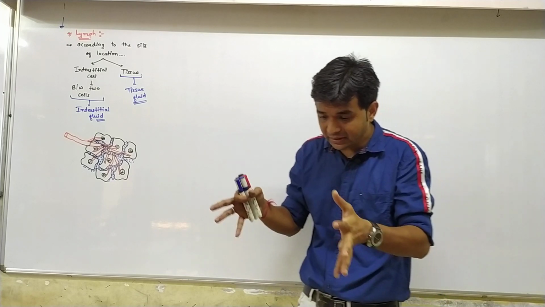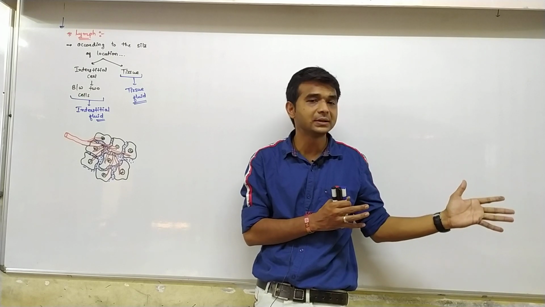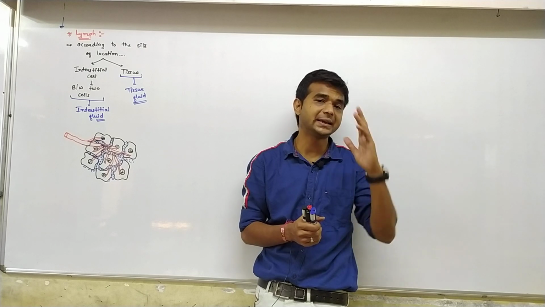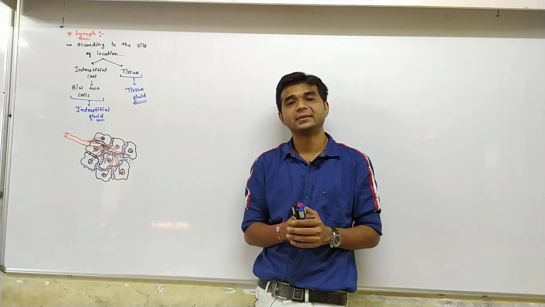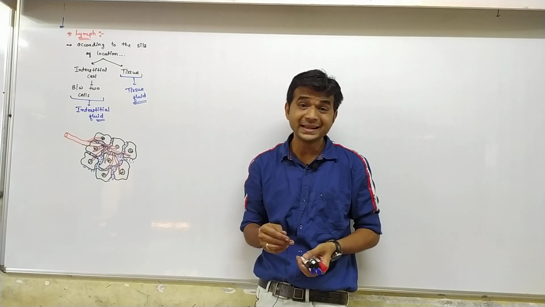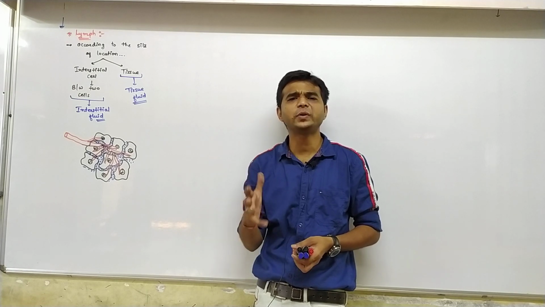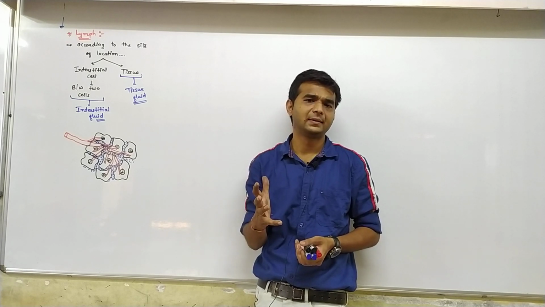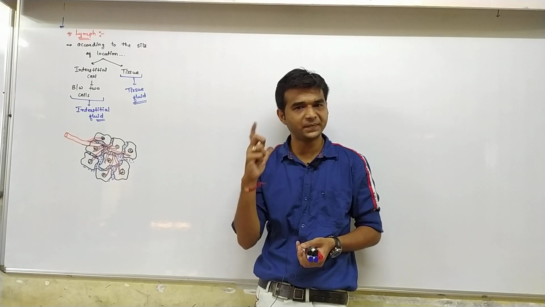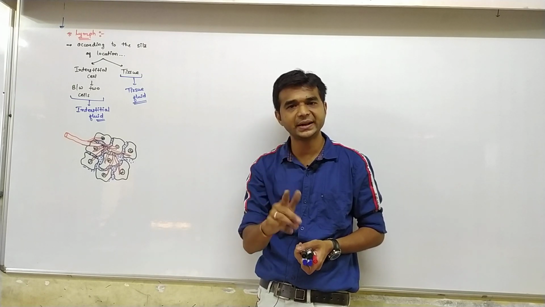If the fluid collected in between the cells is sent to a specialized duct, a specialized tube other than the artery and vein, this is known as the lymphatic duct, and inside the lymphatic duct lymph is there. So lymph and interstitial fluid are nothing different. Interstitial fluid is there between the two cells, but lymph is present in the lymphatic duct.